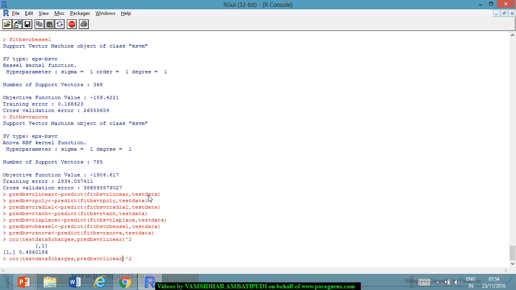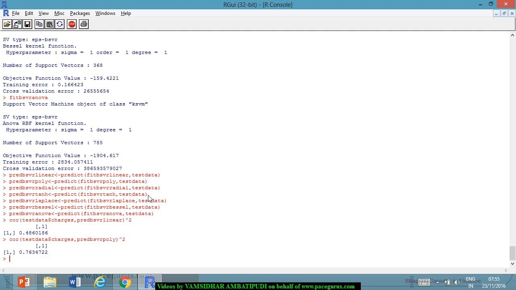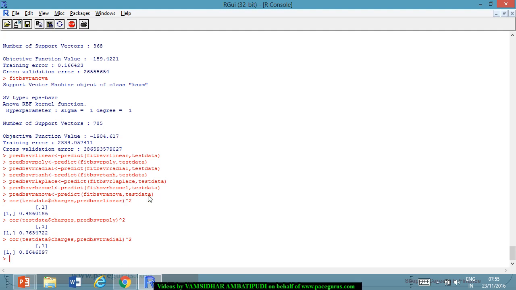Whereas when I look at the poly, this is around 76.34% on the testing data. Going ahead with radial, this does 86.46%. So probably radial with bound constraint EPS regression is giving a much better result,